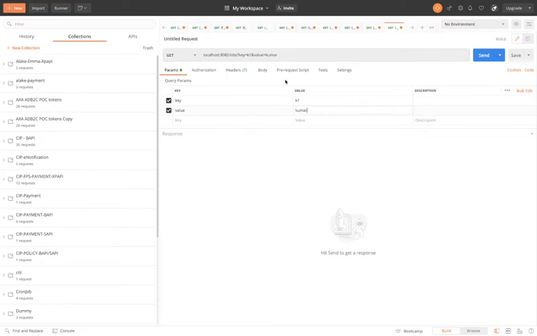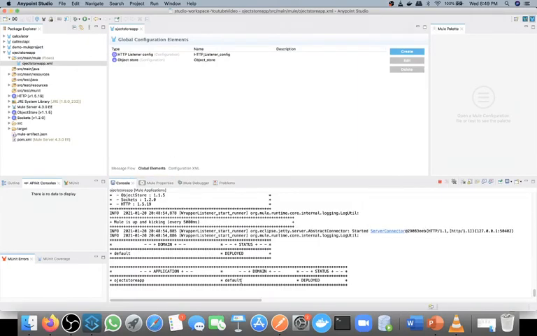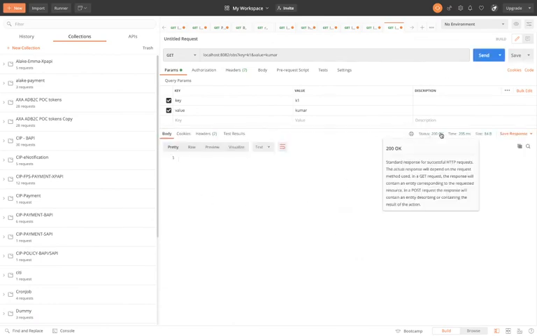Okay, so we are done with the configuration of this Postman. I expose my API as a REST API, and we are expecting two query parameters: one is key, another one is value. I am passing this, and localhost and port is 8082. Now let me see my application deployed. Yeah, deployed successfully. So we will call this. We are getting 200, which means we have successfully completed.